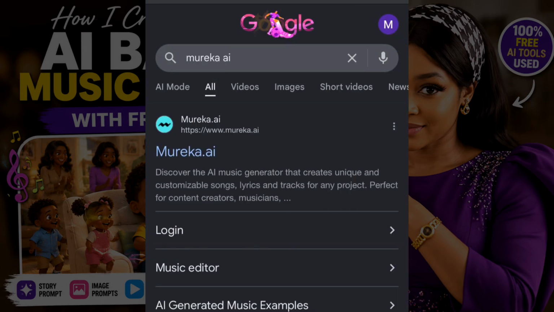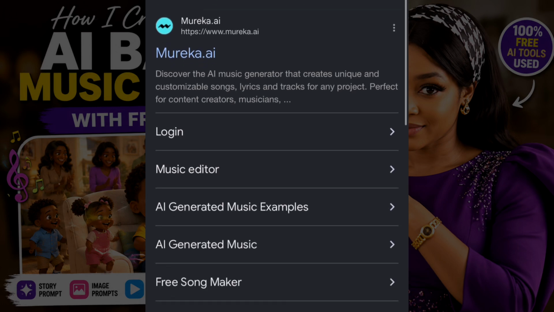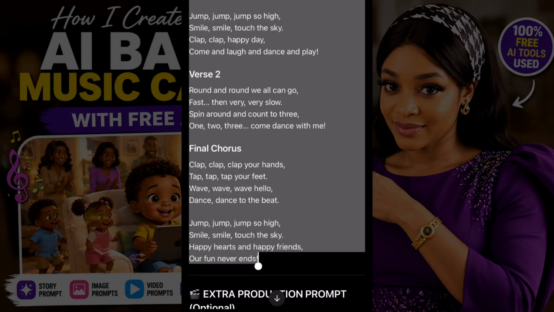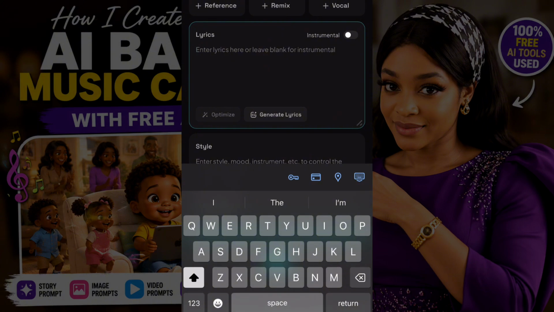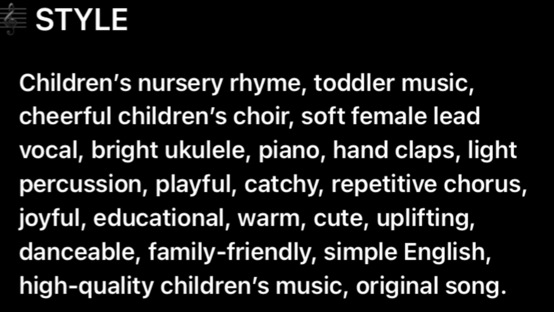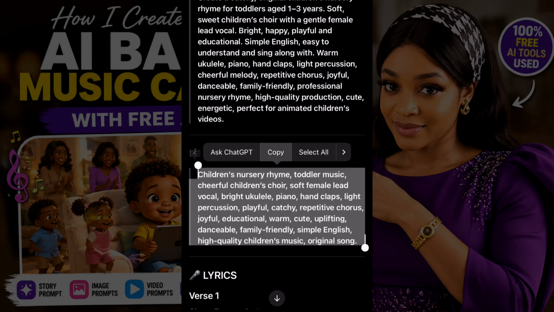This is another option you can use. This is the one I actually use. American AI, they also do music. You can see lyrics there and style. I'll just go ahead and copy my lyrics and paste them. So this is the style I actually used. We go ahead and copy it, go back to the app,